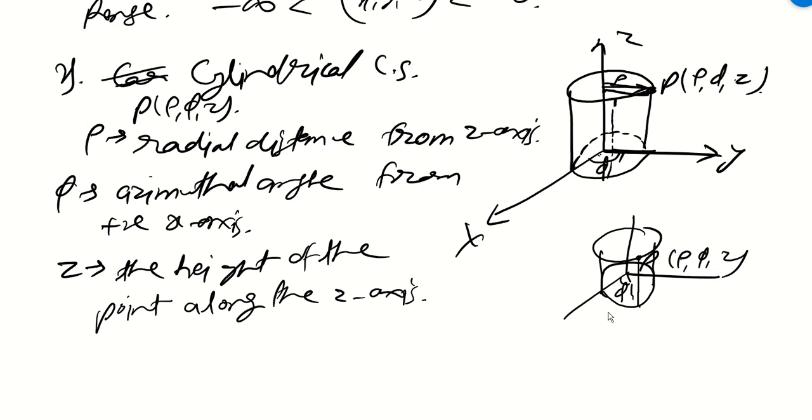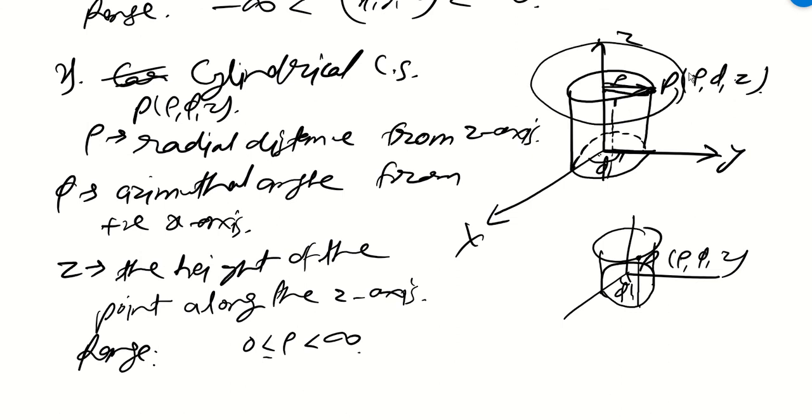Okay, so this is how you represent a point P, rho, phi, z in cylindrical coordinates. And what will be the range? So rho can vary from where to where? 0 to infinity. See, rho cannot be less than 0, right? Because it is starting from rho everywhere, every direction. So it can be 0, meaning a straight line with no thickness, and it can go up to thicker. So its radius can be much larger. So rho is increasing like this.